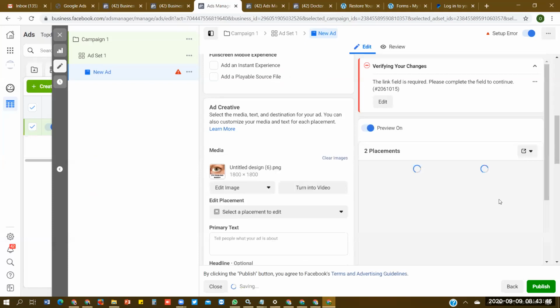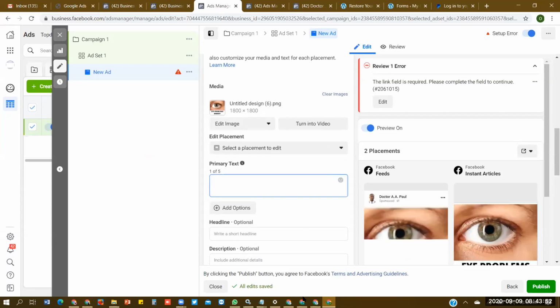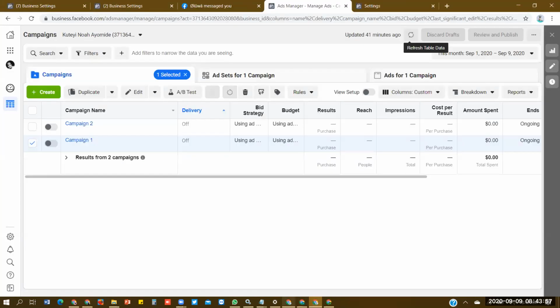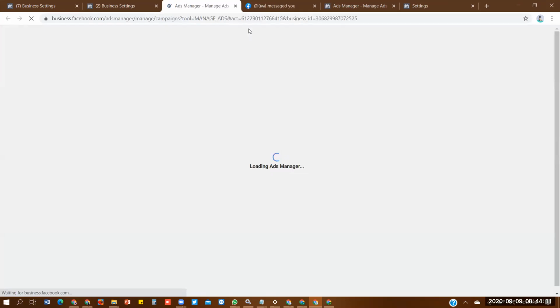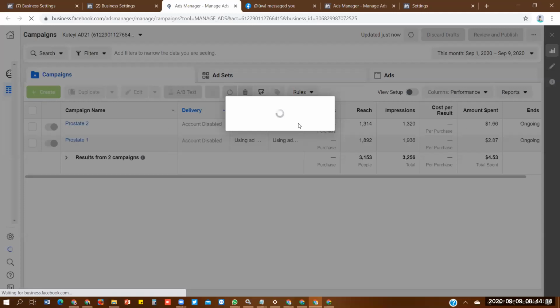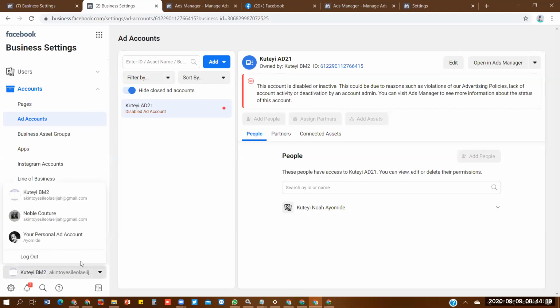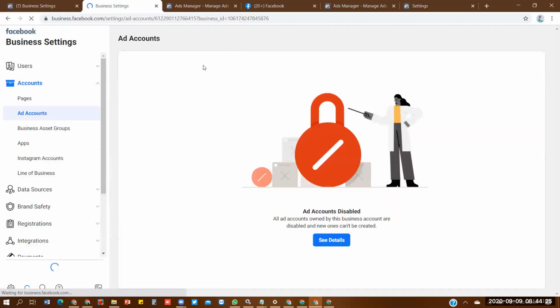Then I will add an ad text. I think I have an ad text here before. Let me select. I have one ad text here. So I have to come up with an ad text that is going to be very engaging, that your customers will be convinced about. Don't forget,